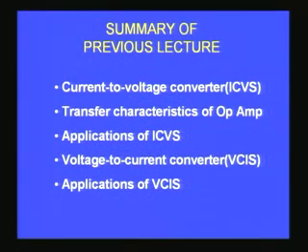You might recall that we talked about the different types of feedback, negative feedback configurations, and how we can get 4 different types of feedback configurations, and we also discussed 3 of those applications. In the previous lecture we discussed the current voltage converter, which is also known as current controlled voltage source circuit, and we also briefly discussed the transfer characteristics of the op amp in order to understand the concept